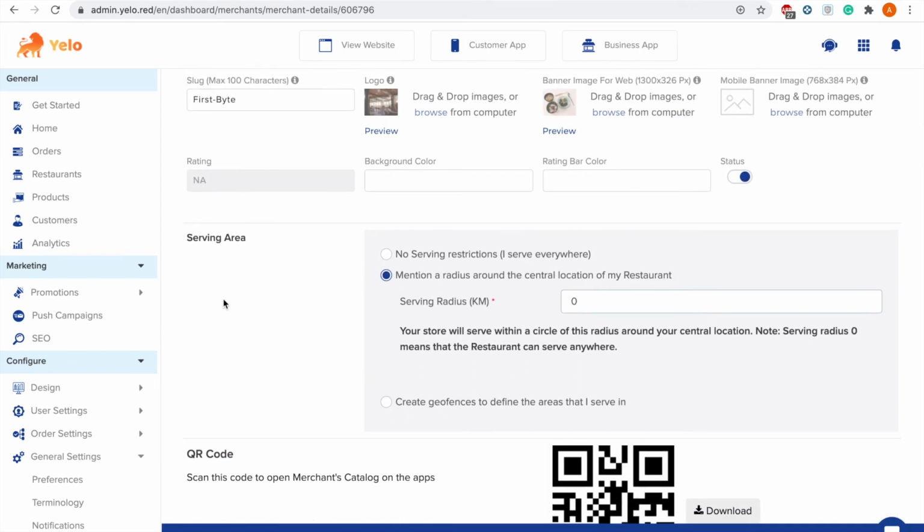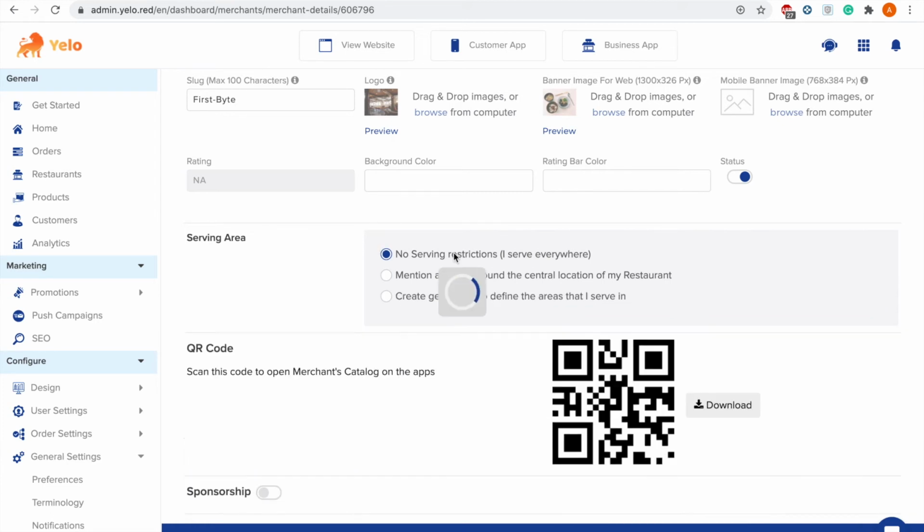This is a serving area option, so you can mention no serving restriction, where you can serve anywhere, and you can even mention the radius, like for how many kilometers you would like to serve. Let's just say 30 kilometers around your address.